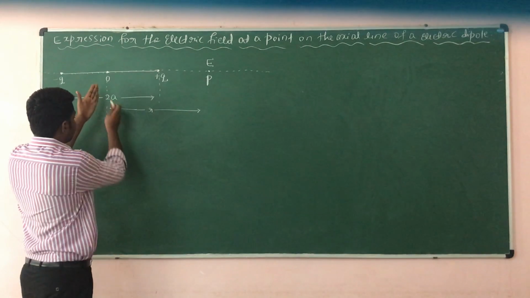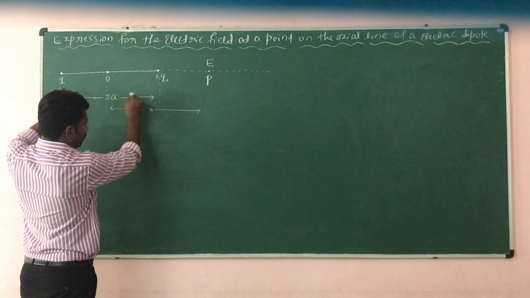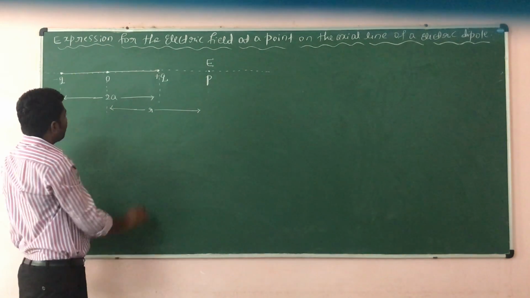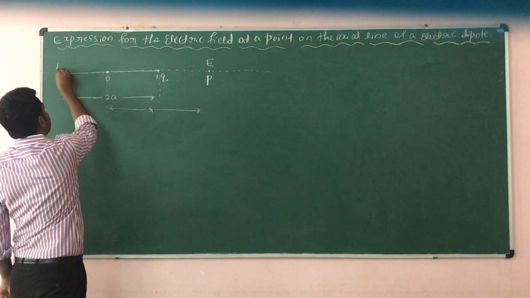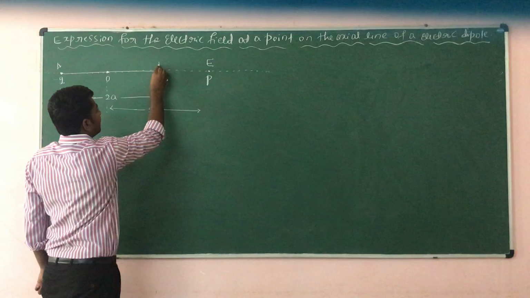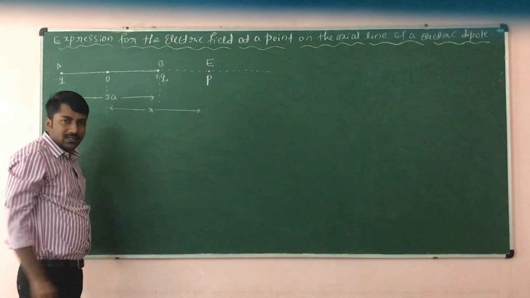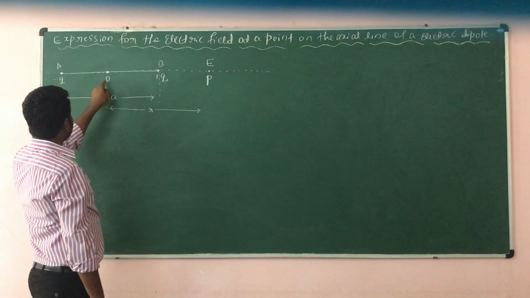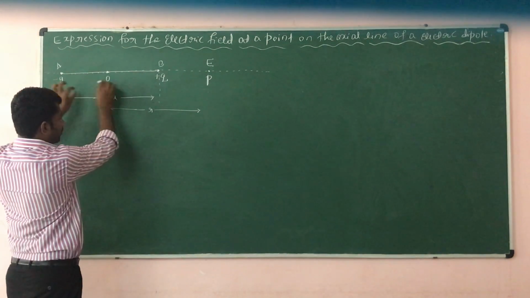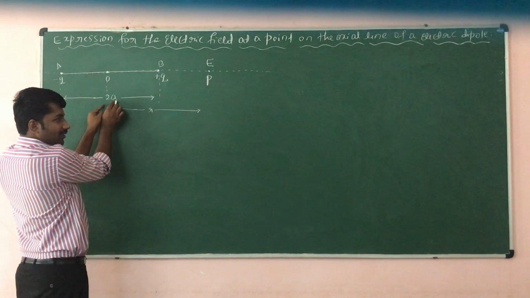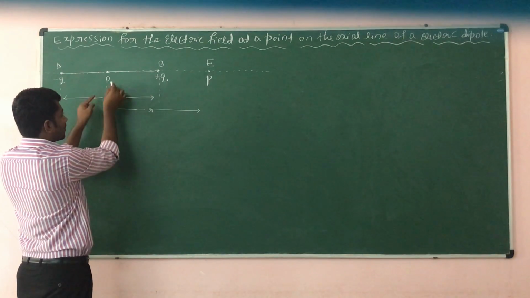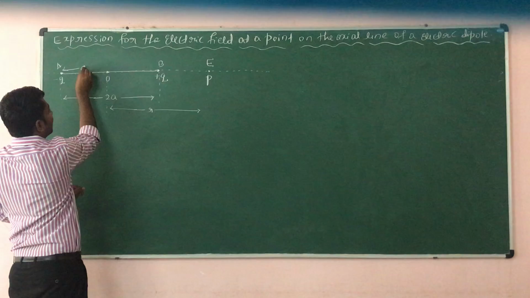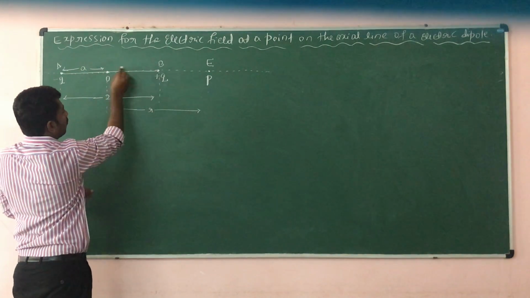Here, 2a is the total dipole length. O is the midpoint of the electric dipole. Now I consider this as point A and this as point B. The total dipole length is 2a, and it is divided into two parts. The O to A distance becomes a, and the O to B distance